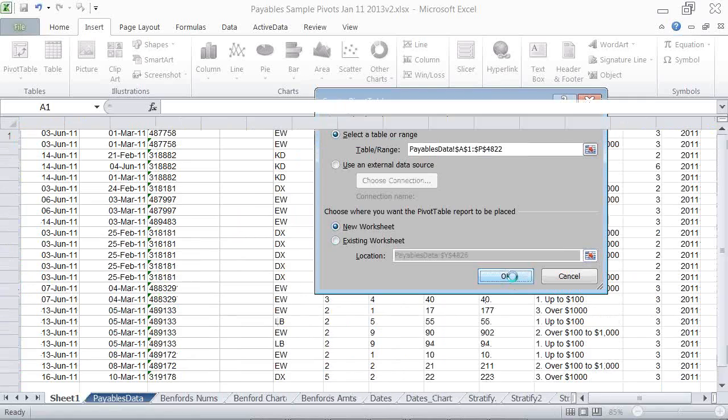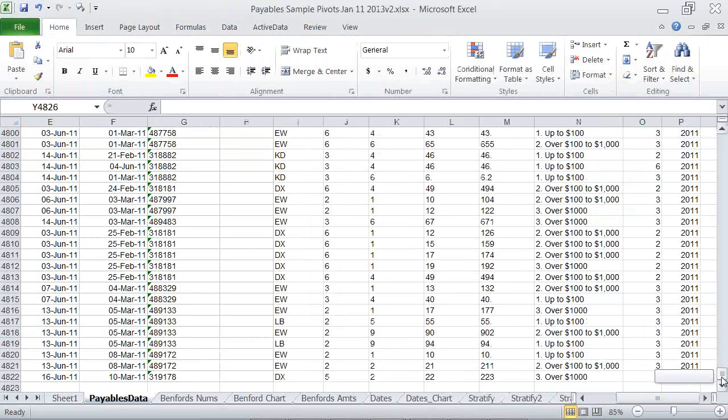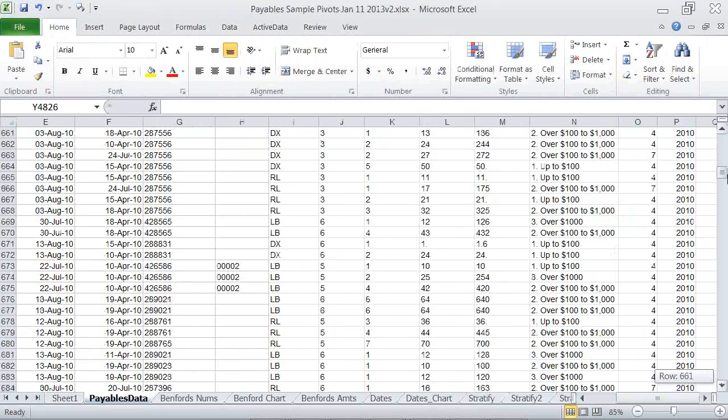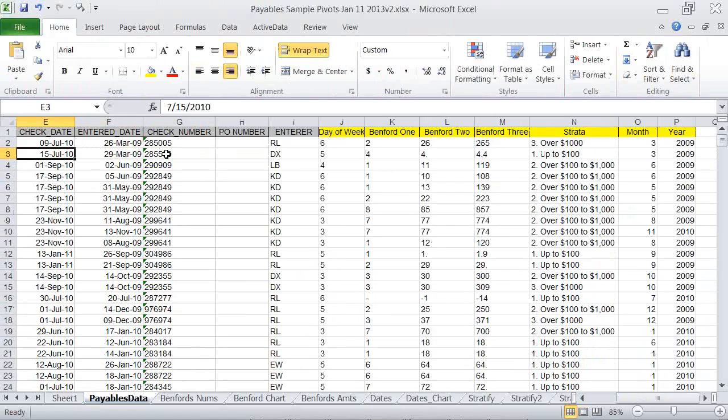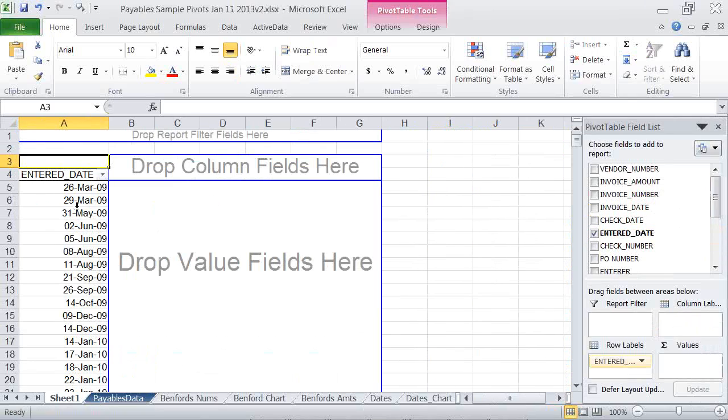I'm just going to do that to a new worksheet and build a pivot table. What I'm going to do is bring in just the enter date over to the left-hand side.